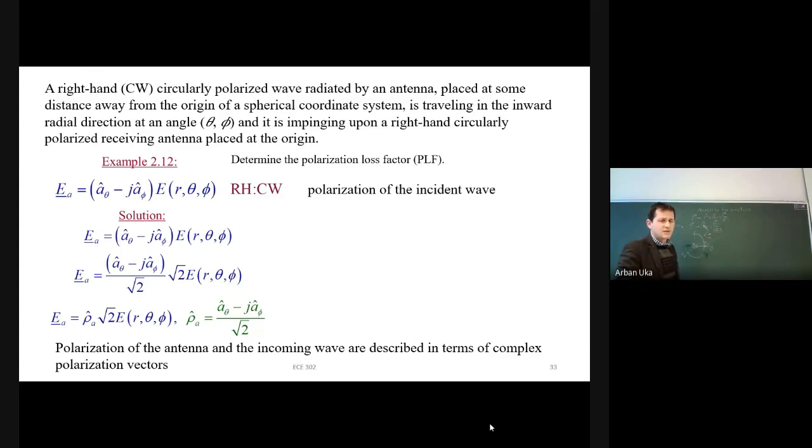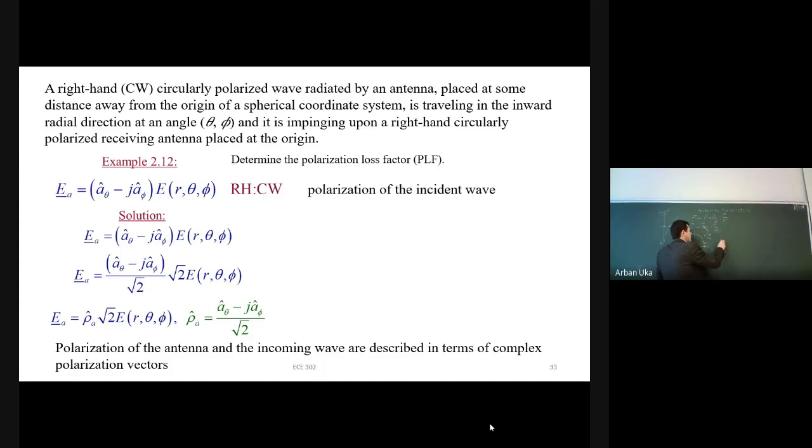This is the wave which is approaching, and so we have to consider now two directions of the polarization. We are given that the polarization of the incident wave is given by A theta minus j A phi. So if we try to visualize this one, since the wave is approaching with decreasing R, we are going to expect